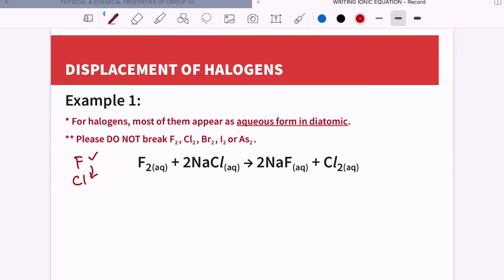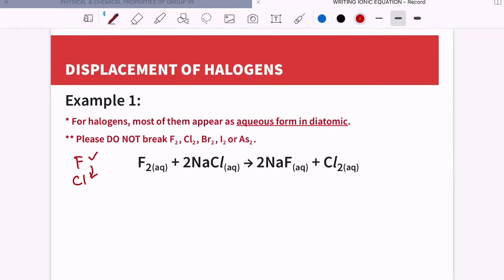Let's start to write the diatomic form. Just a reminder, for halogens, most of them appear in diatomic form. Please do not break the F2, Cl2, Br2, I2 or At2. Okay,